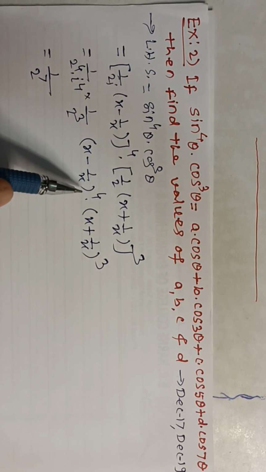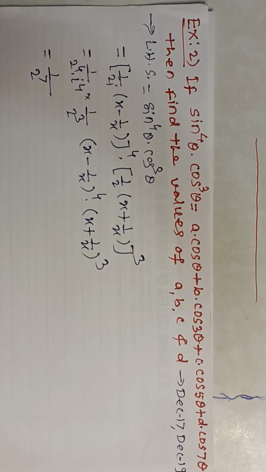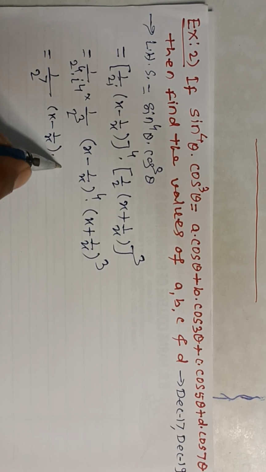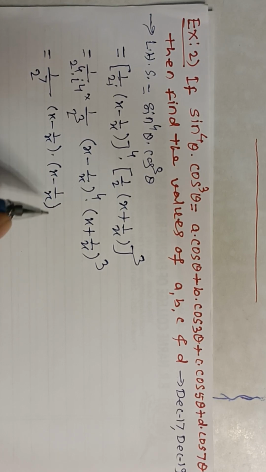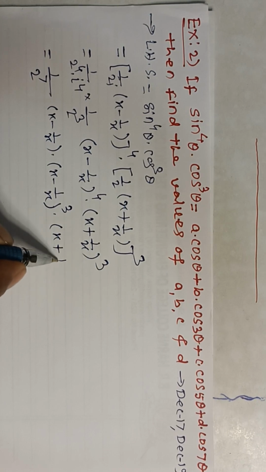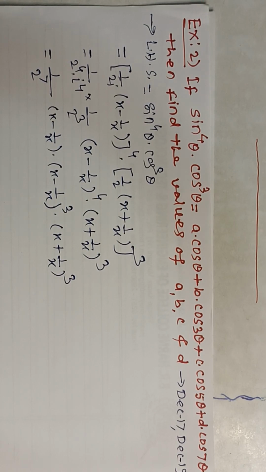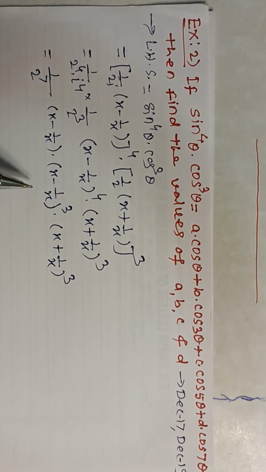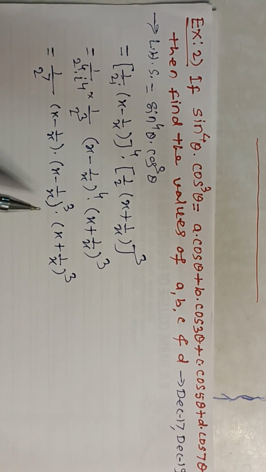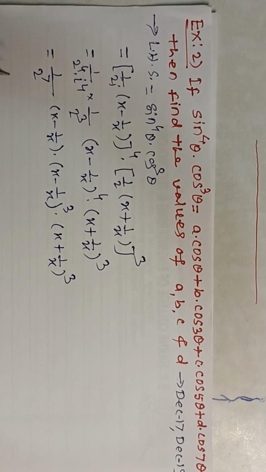So we can write here (x minus 1 upon x) into (x minus 1 upon x) to the power 3 into (x plus 1 upon x) to the power 3. We can club these two. We can take its multiplication. Power is same, so we can write this as